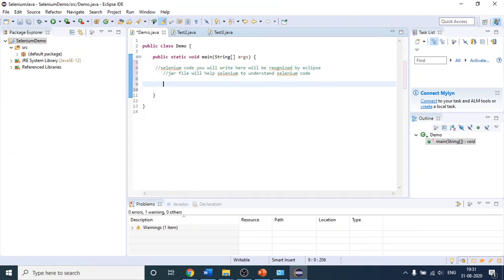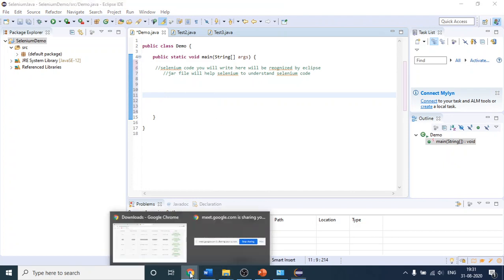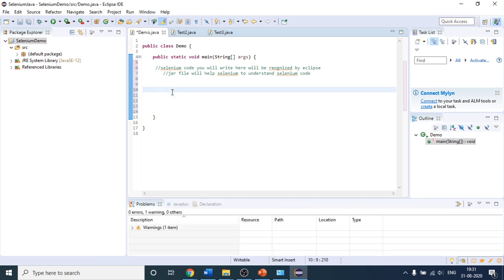I hope this session was interactive for you all. We will see our first basic Selenium program, how to run a browser from your Eclipse with the help of coding. With the help of Selenium, how you will trigger the browser automatically. But we will see it in the next class because I don't have much time as of now. So I hope you all are clear with it.